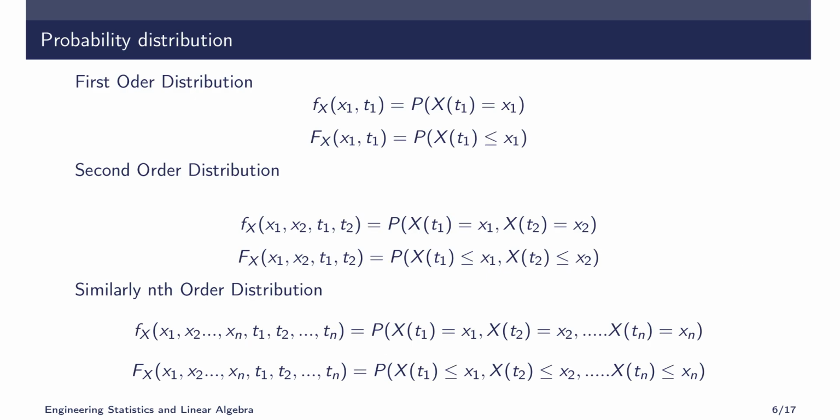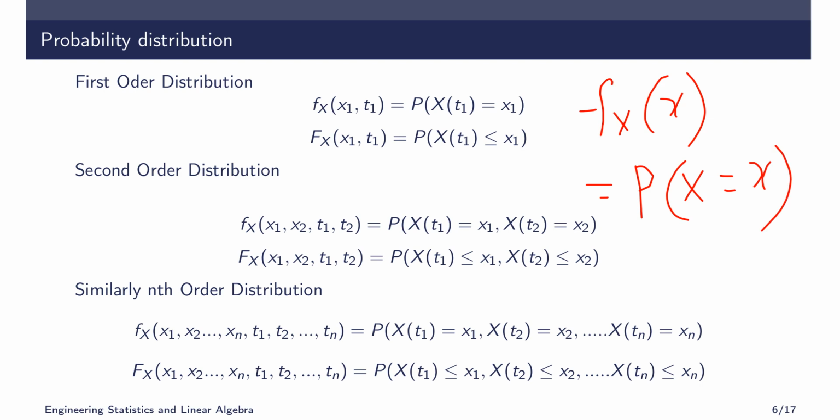Now the probability distribution function was generally represented as fx of x, right? So what was fx of x? Fx of x was the probability of X equal to x, because in a random variable it depends only on x, but in the case of a random process it depends on time also. So fx of x comma t is represented as the probability of x of t becoming